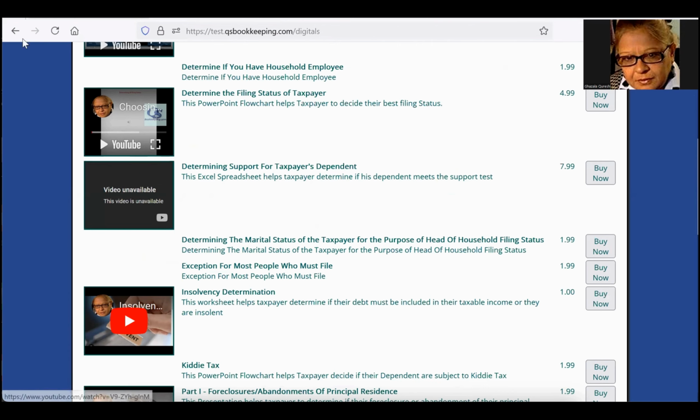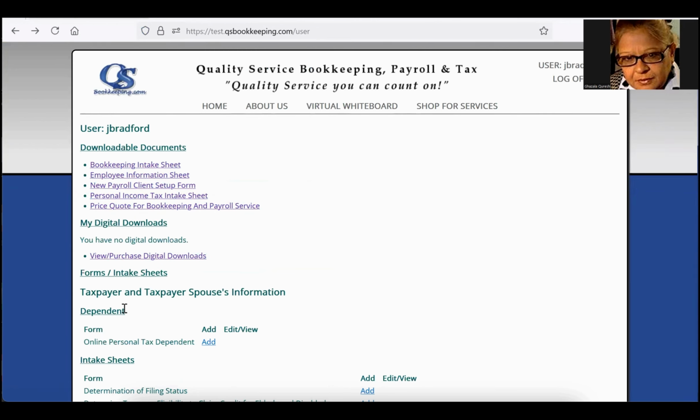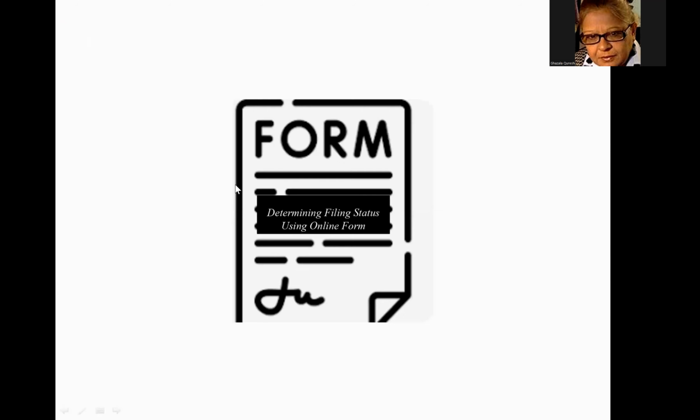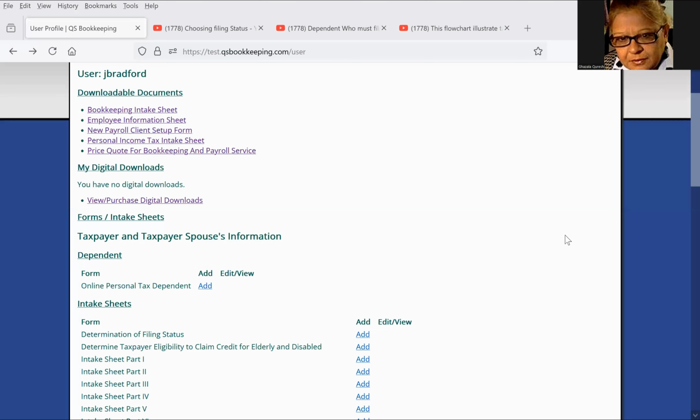Next, I will talk about the forms, the tax laws forms. These are free of charge for members, and so next I will show you that. Next, I'll show you an online form related to tax laws. These online forms are free of charge for members under taxpayer and